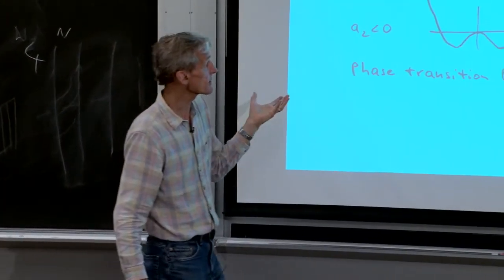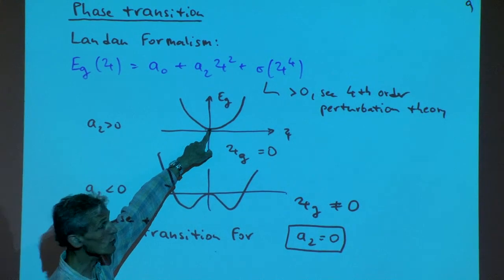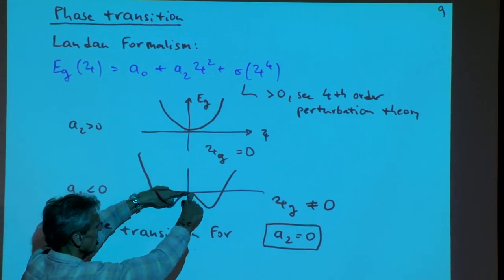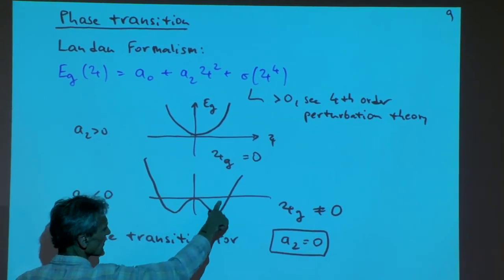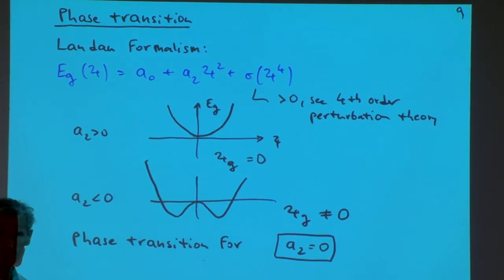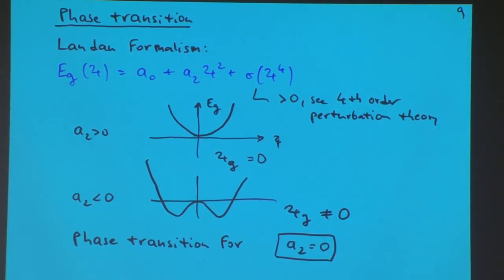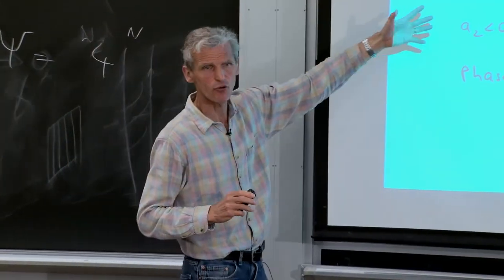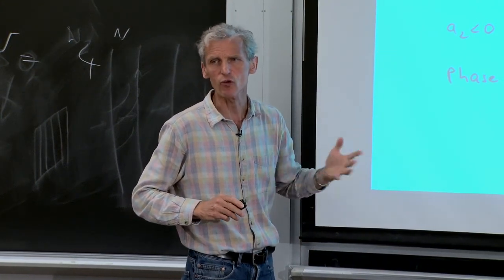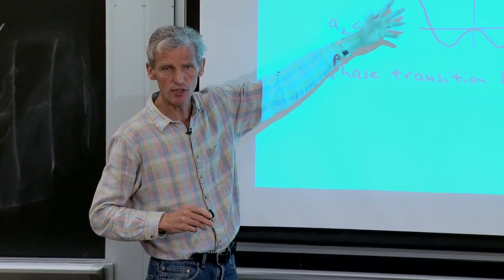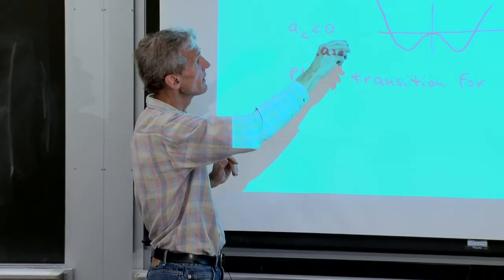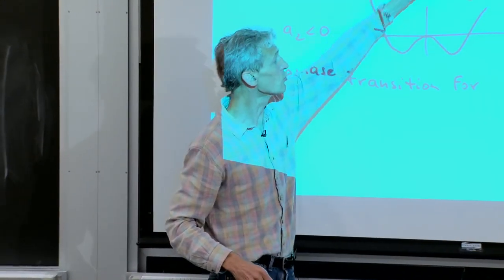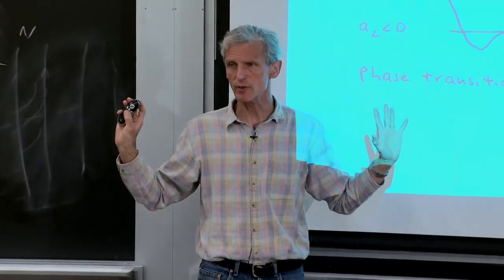And the interpretation is fairly simple. Under those conditions, the system prefers to have psi equals 0, whereas here the system wants to have a psi parameter which is finite, either positive or negative, and whether it's positive or negative is sometimes called spontaneous symmetry breaking between two degenerate solutions. What I'm showing here is, of course, very similar to the Ginzburg-Landau theory of phase transitions, where you have an effective potential, and the phase transition takes place when the second-order coefficient changes sign, and the effective potential turns from a U shape into a W shape. So that's what we have done.